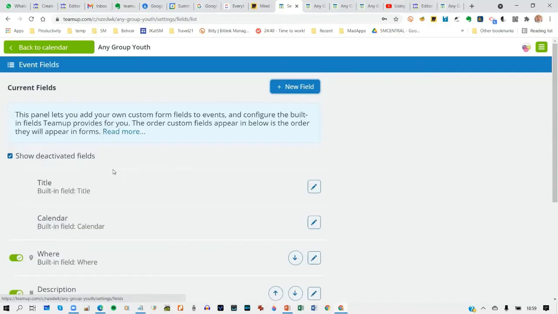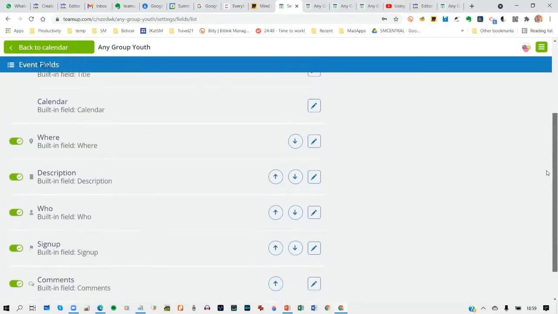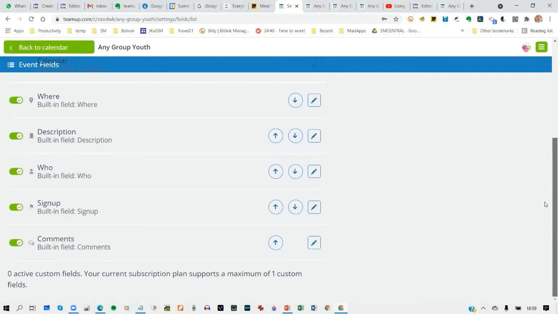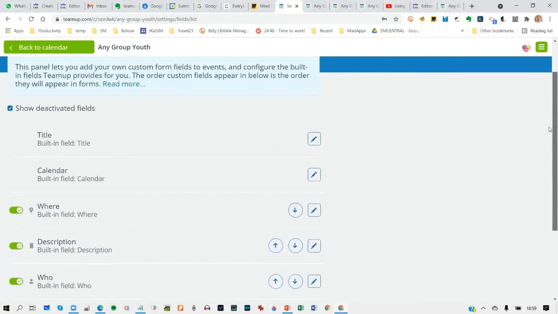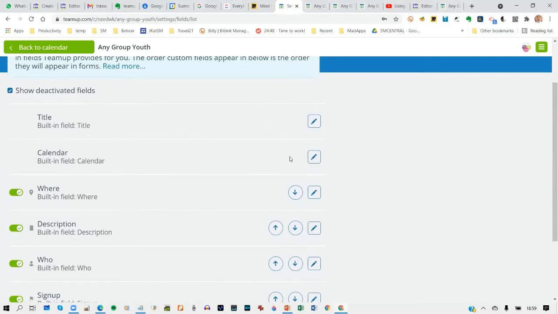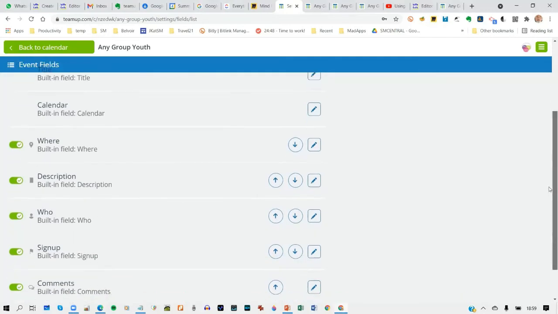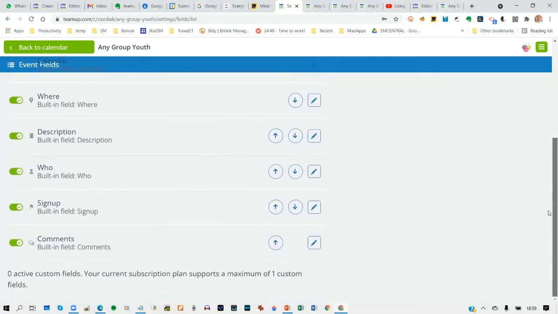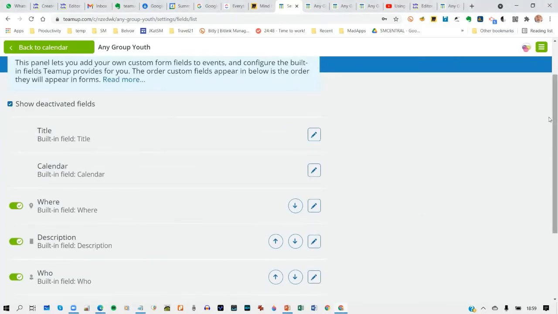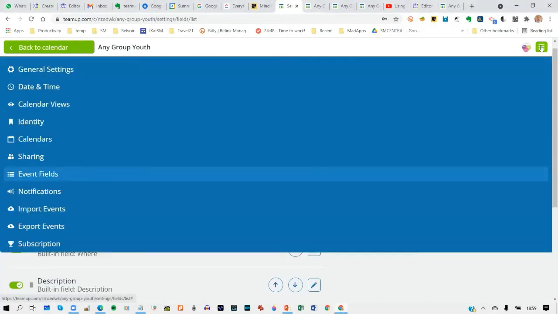Event fields, that's where you can decide what event fields get shown for each of your events. The title and the calendar obviously required, and then you can decide whether you want the where, the description, and the who, and the sign up and the comments fields. And if you pay extra, you can add more. Your current subscription plan supports a maximum of 1 custom field, but that's a freebie that I'm on, so you're allowed 1 extra field on your freebie. Okay, if you're happy enough,